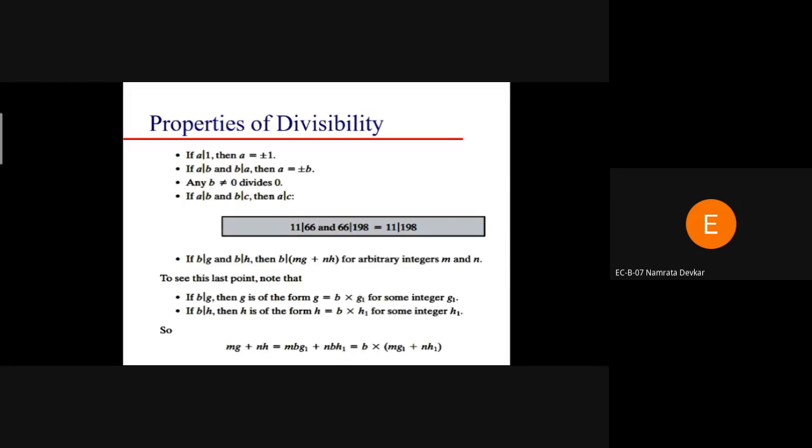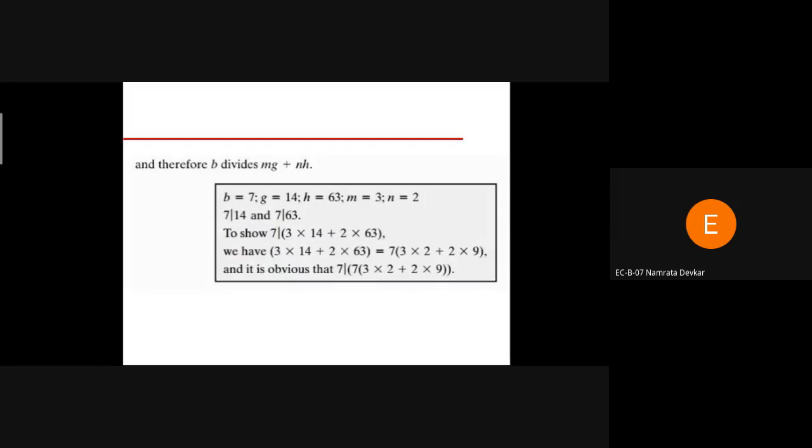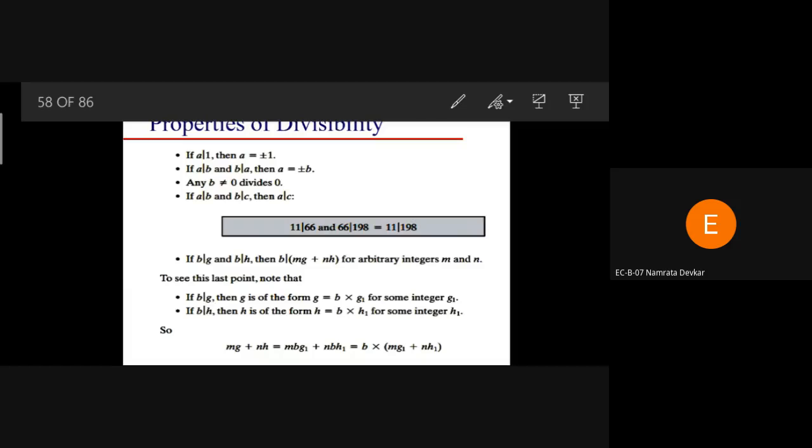Based on the properties of divisibility, we can conclude that if a number is completely divided by a positive integer, then these two numbers are equal to each other. So this is the property of divisibility. Based on these properties, we can also say how the numbers are equal to each other.